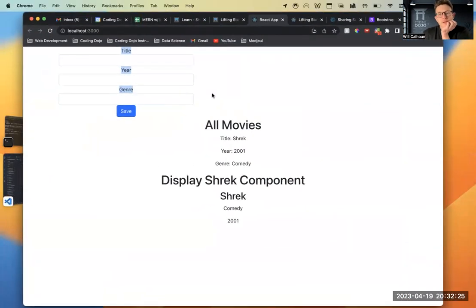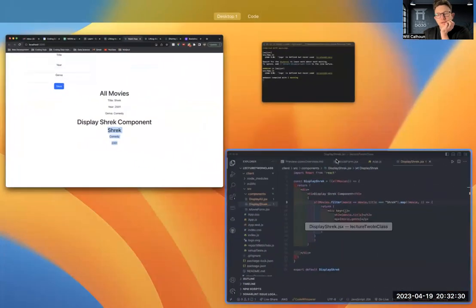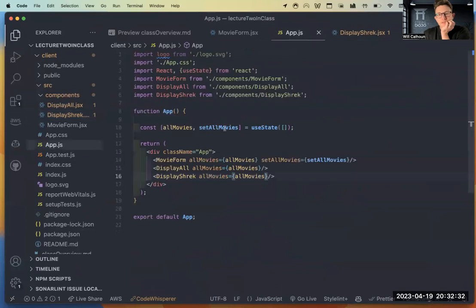Okay. So you can see that because I lifted my state just to my app.js, and I have all my movies here, now I've got 3 separate components that can utilize that state if necessary. I've got my movie form that needs it, so that way it can add that to my entire list of movies or my array of movies.